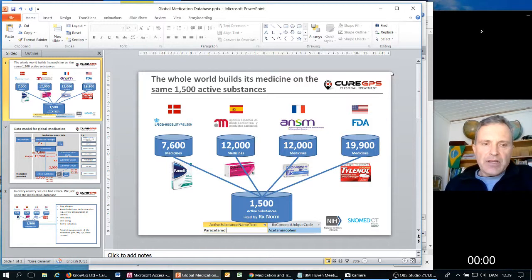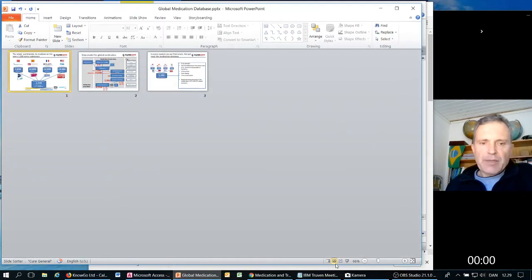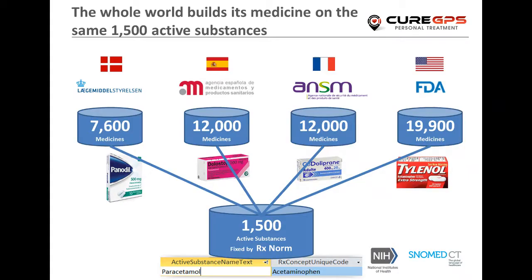So first of all, let's take the PowerPoint. I'm going to show the value of the medication database, and what it means is that we have a database containing the 1500 active substances. I want you to look at the bottom of this picture. 1500 active substances, one of which is paracetamol, and in the US it is known as acetaminophen. And the strength of it all is the fact that we can decompose any medication in any country into these